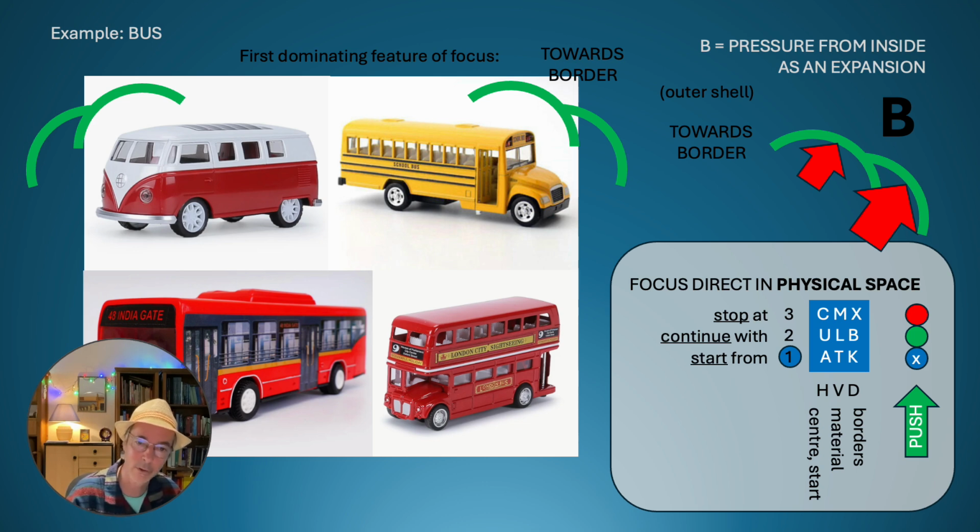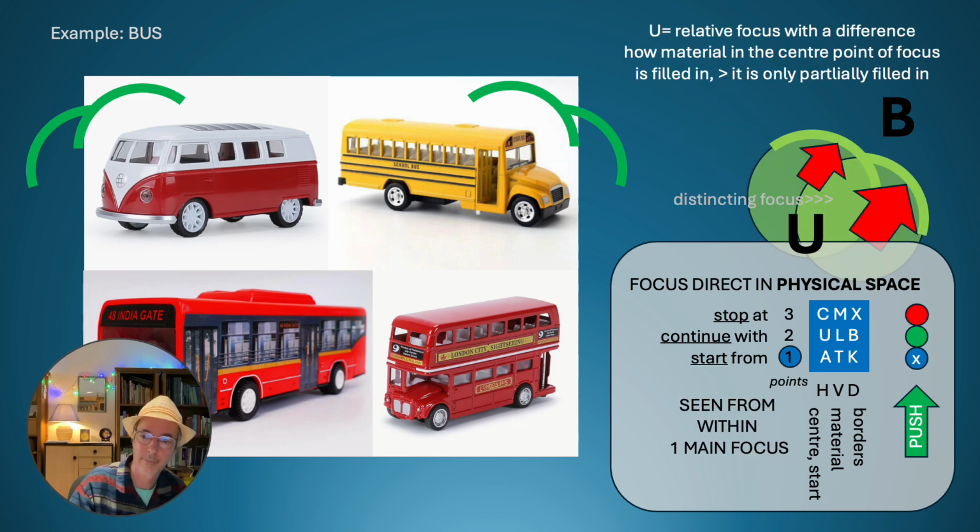The B focuses upon that pressed out outer shell, and that fits already quite well with B. So here I'm on the right track and I can continue. The U then is that first relative focus, which focuses upon where the differences are in the material from my center point of focus, how this is further filled in, and how it is also just